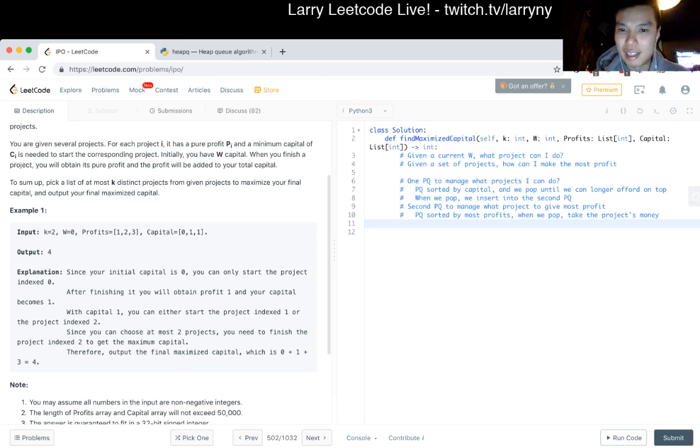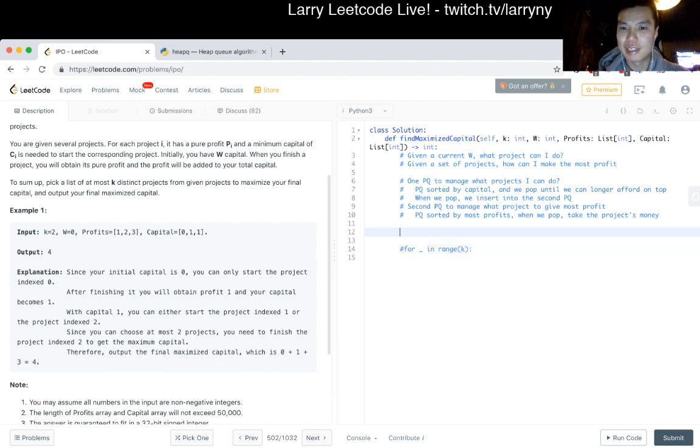Okay. So let's say for K, this is Python 3, so there's no xrange. So this means for each K, we iterate this, right? I guess we have to initialize first.